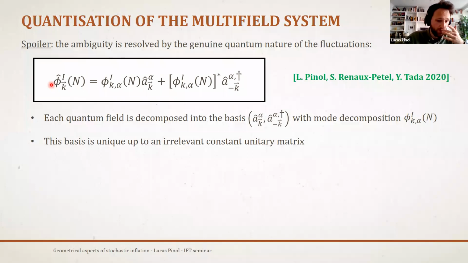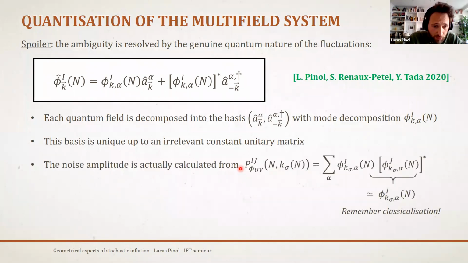You must give initial conditions which are quantized. When you do this quantization of the multifield system, you need to be careful. You need to define the annihilation and creation operators, a, in some basis that we label by the number alpha, and which must not be aligned with the particular field space basis in which you begin your computation. There is no particular reason for that. So you end up with a mode decomposition which is not trivial, this phi I alpha. You have N squared mode functions at the end. And this basis of creation and annihilation operators is unique up to a constant rotation matrix, basically. So you don't have so many choices of creation and annihilation basis.